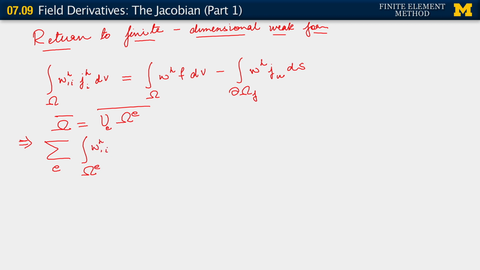wh comma i, j h i, dv, equals sum over E integral over omega E wh f dv, plus, sum over